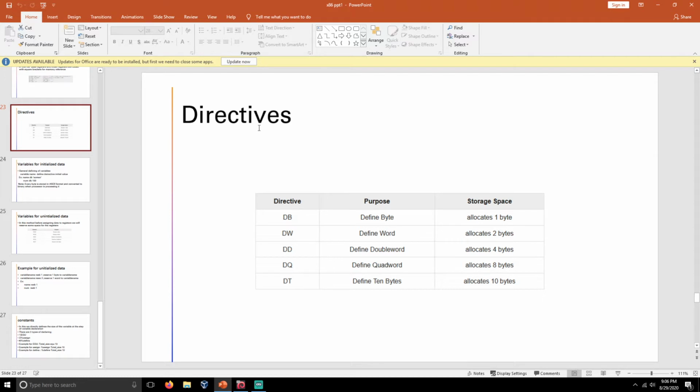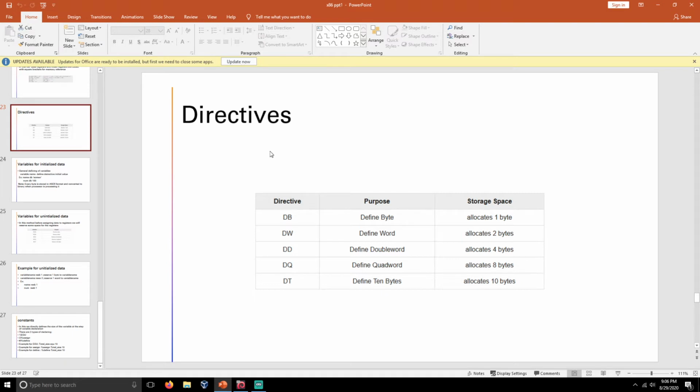Before going to the main topic, you need to get an idea about directives. Directives are nothing but the strings that are used for defining the variables.